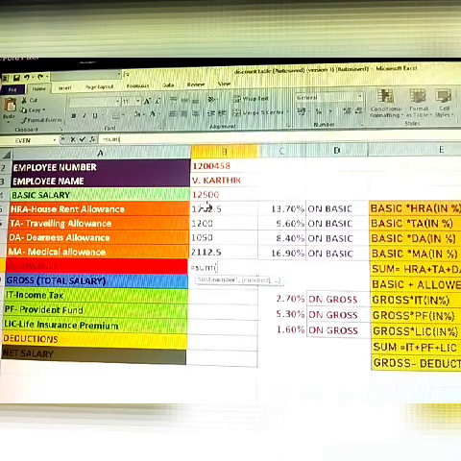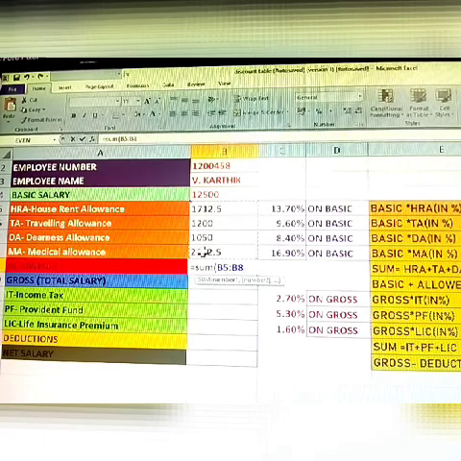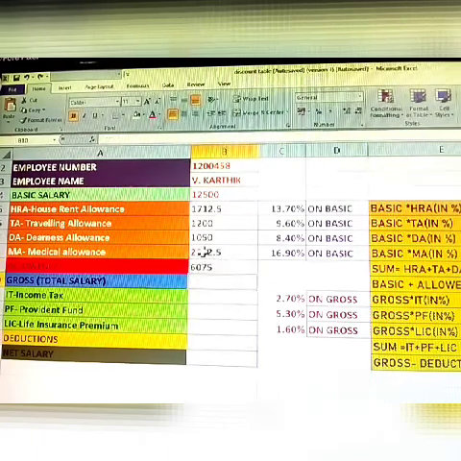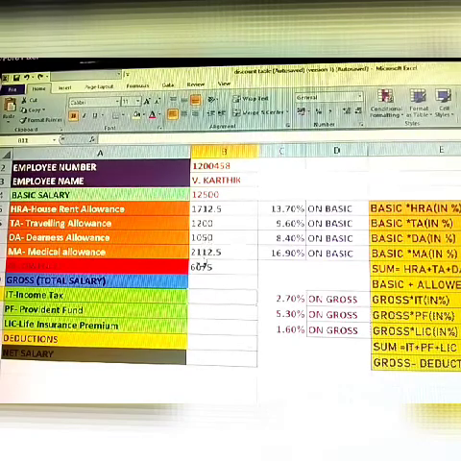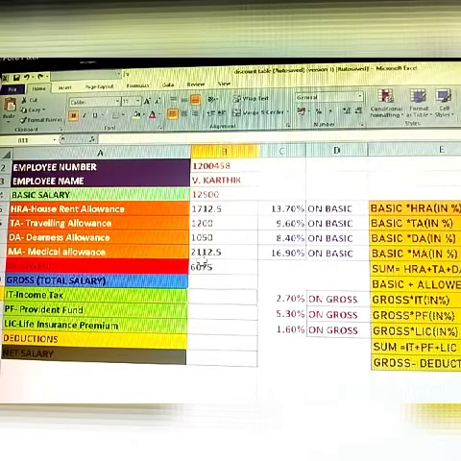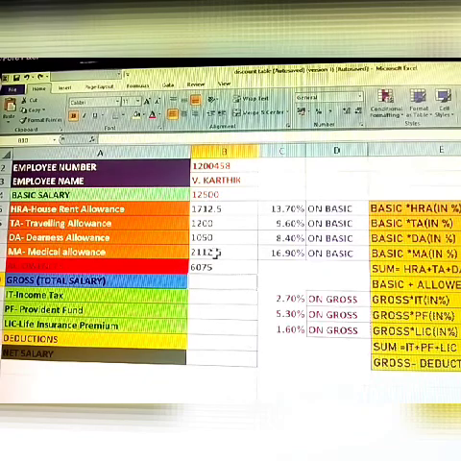Select all of them, close the bracket, and click enter. This is called the allowances. Only allowances, not including the basic salary. Only the allowances are calculated. How many allowances? Four. Next, how to calculate the gross salary. Gross salary means including the basic salary, summing them up. Okay. What is that?